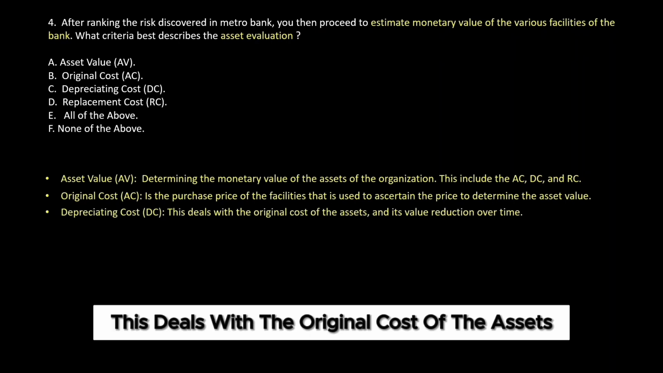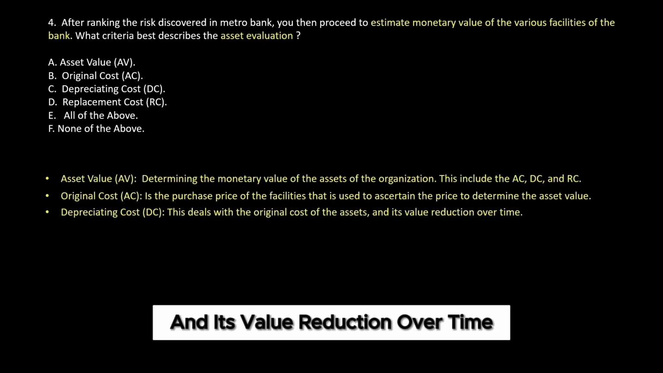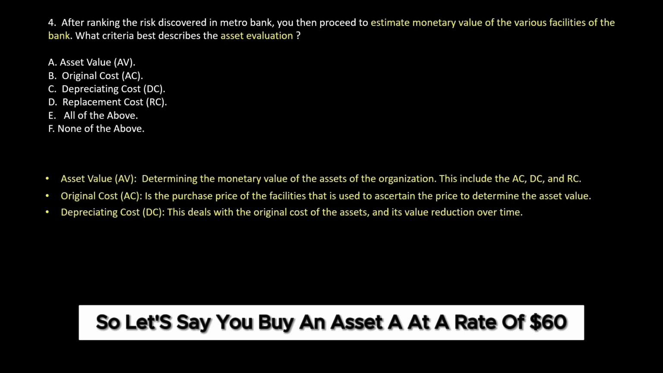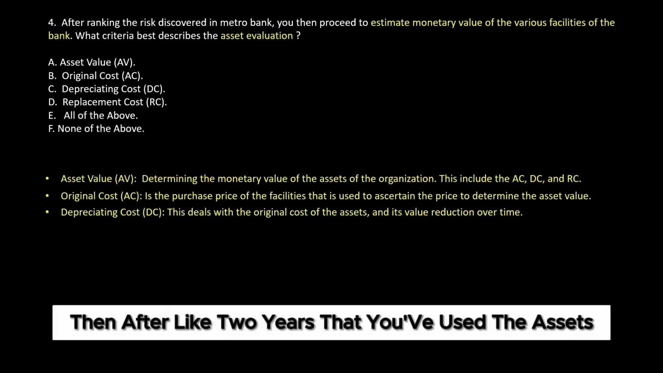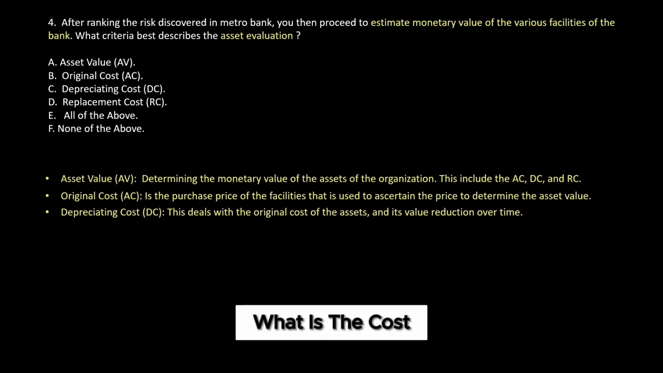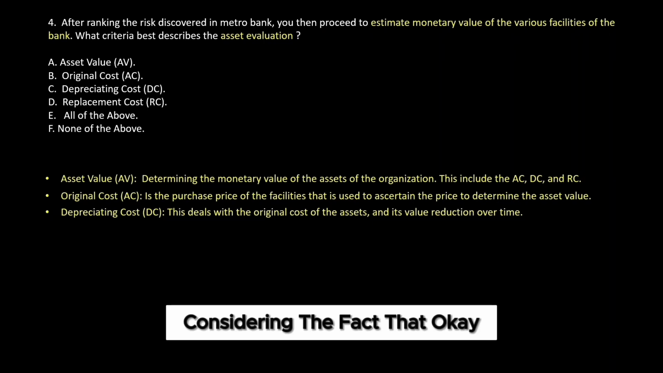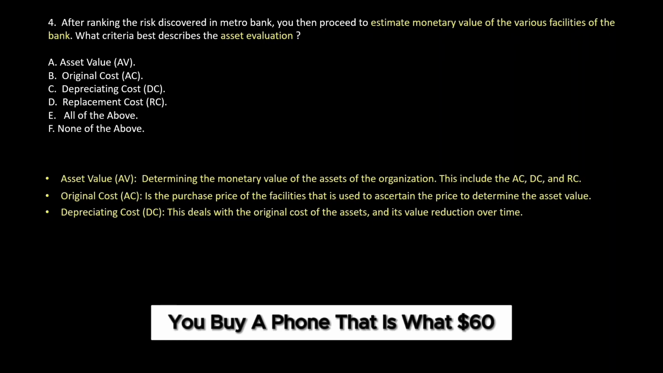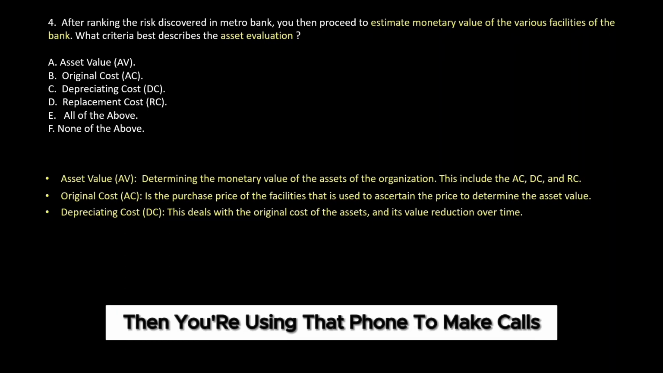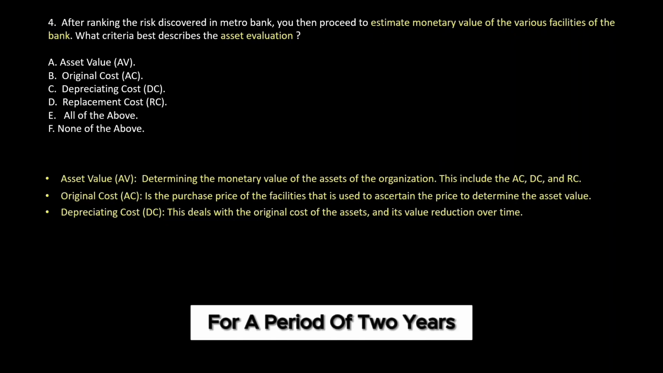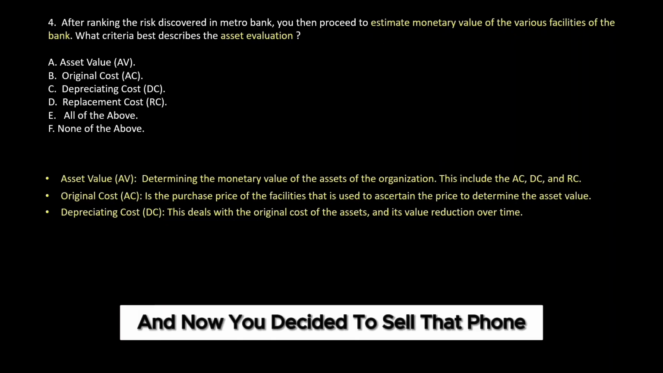Depreciating cost. This deals with the original cost of the asset and its value reduction over time. So let's say you buy an asset A at the rate of $60. Then after 2 years that you've used the asset, what is the value of that asset worth in the market? Considering the fact that you buy a phone that is worth $60, then you're using that phone to make calls for a period of 2 years,